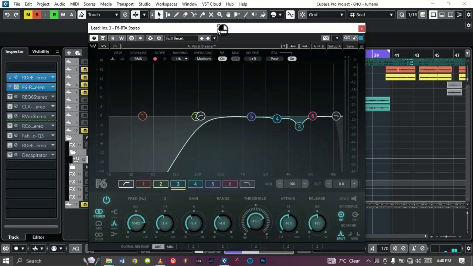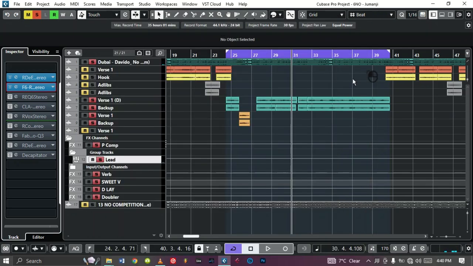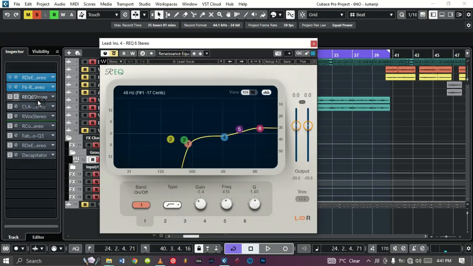With, it's bringing in clarity. The vocal is becoming more clear and neat. That's what we need. Then the next plugin is I added another EQ, R6 EQ, and again I'm rolling off a lot of the low frequencies here, and this time I'm boosting the high frequencies, which bring in some crispiness and just beauty in